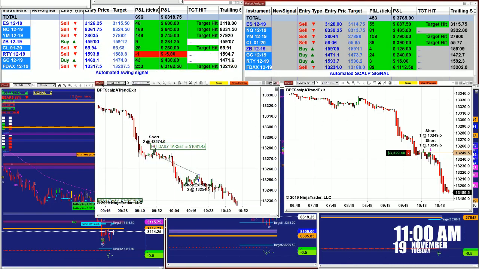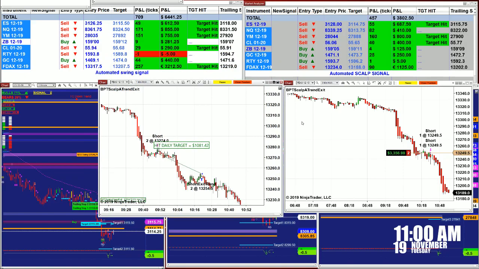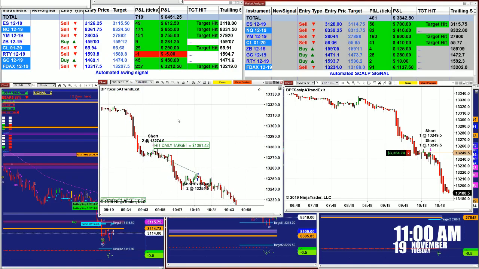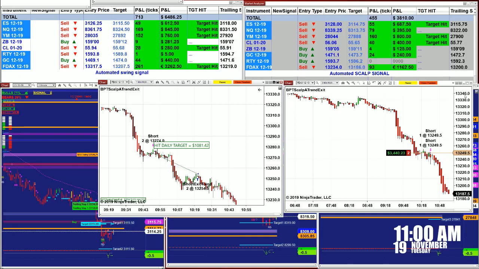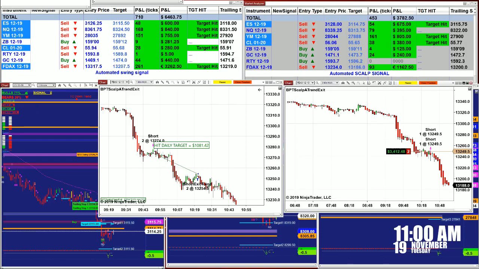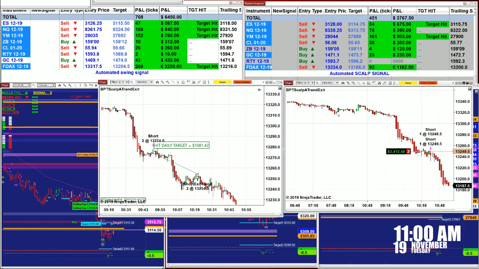What is the difference between 1 minute and 3 minutes? As we see on the 1 minute, it has a shorter fuse and a shorter destination, and the minute the market pulled back, the auto trade locked the profit, and this is it. Whereas if we look at the 3 minutes, it is